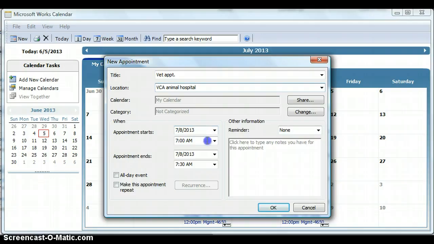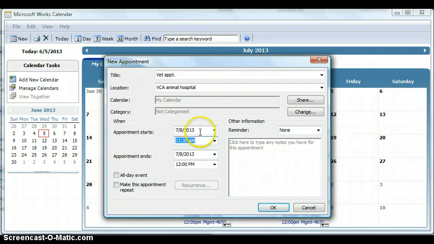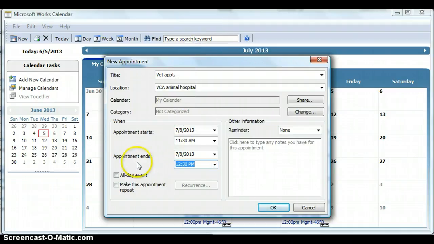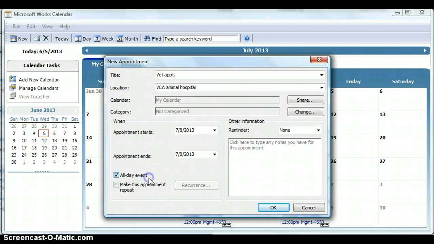Okay, this appointment is at 11:30 in the morning and should last about an hour or so. So we'll call this 12:30. So again, we just go to the appointment ends and change the time by the drop down menu box. Change that to 12:30. If it is an all-day event, you can click here and it'll set your appointment for the entire day. But this is just an hour-long appointment, so we can leave that. This is going to be just once for this day. This is not a repeat appointment,